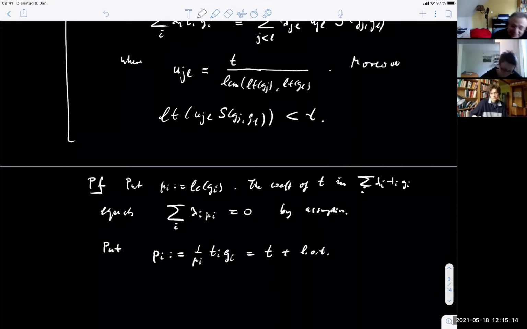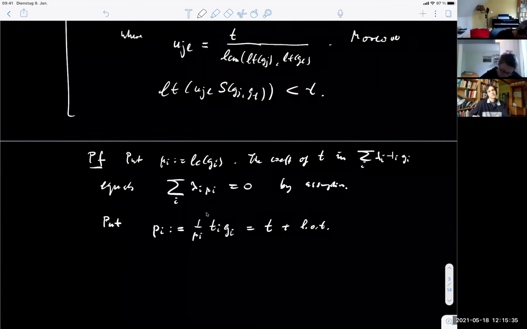I didn't use this notation before, but this is what I mean: the leading term T with coefficient 1 plus lower order terms. This is very intuitive. And then I define the differences. Actually, before doing so,